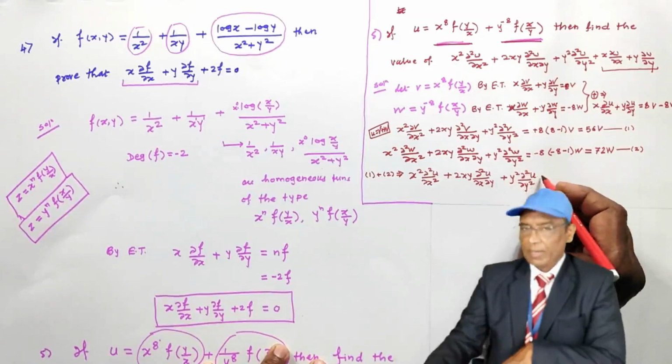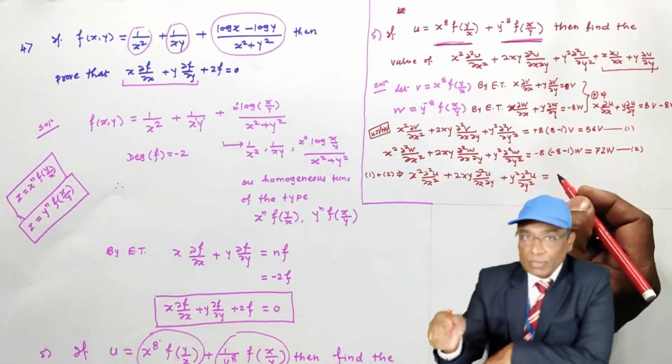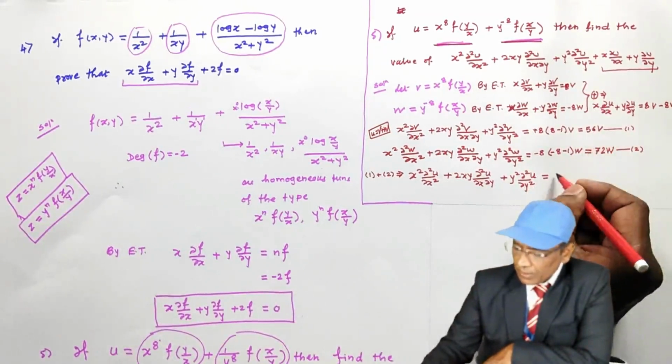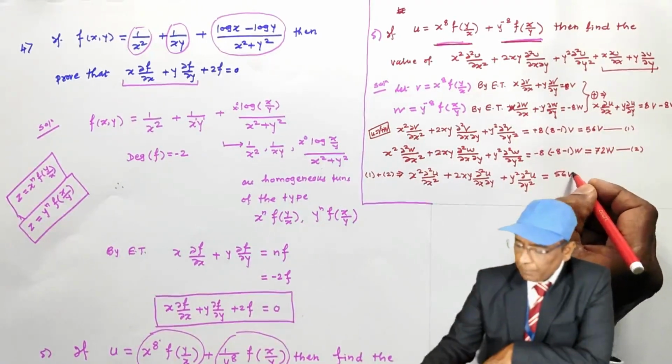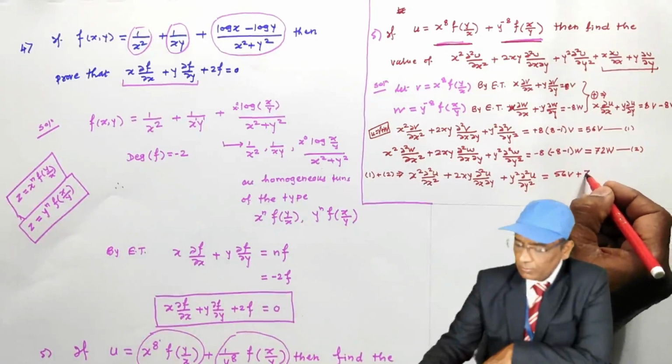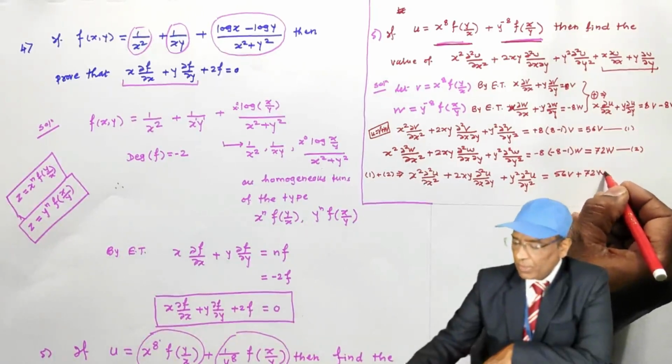Left hand side I have added, the right hand side of equation 1 and equation 2 I am going to add, 56v plus 72w. Okay, this is our equation 3,